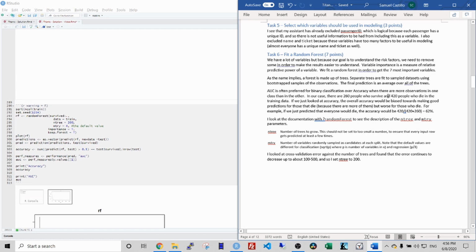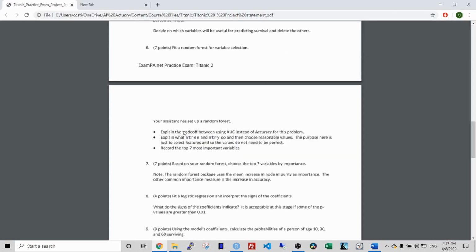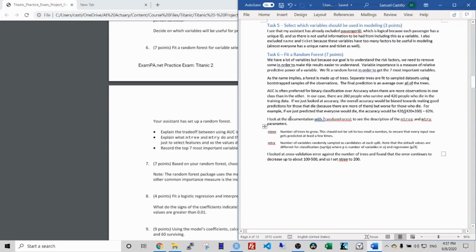So to summarize, I would be sure that I'm answering what the question's asking for. So they say, first, explain the trade-off between using AUC instead of accuracy. So AUC is often preferred for binary classification over accuracy when there are more observations in one class than in